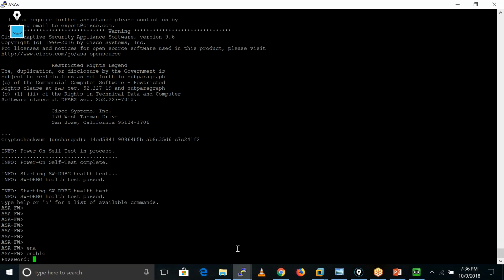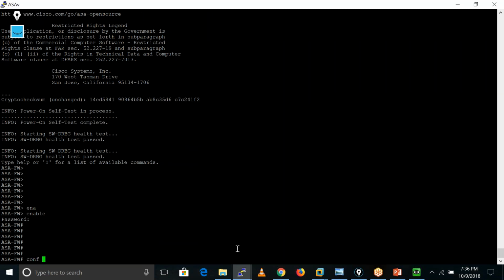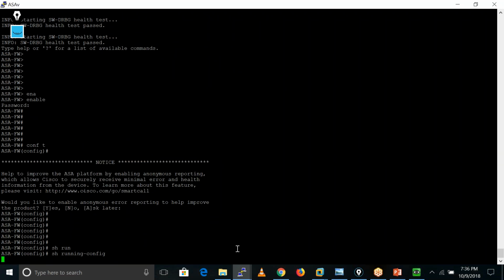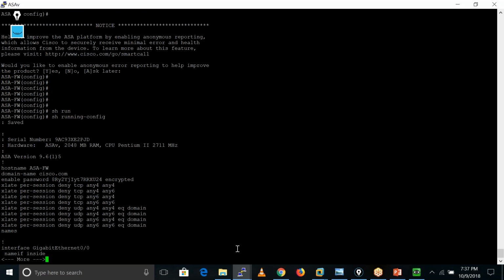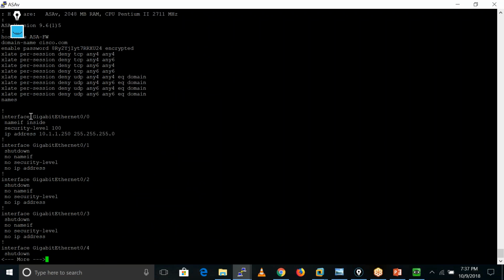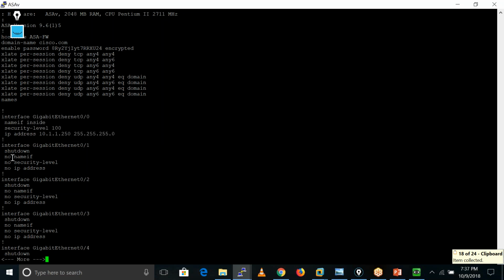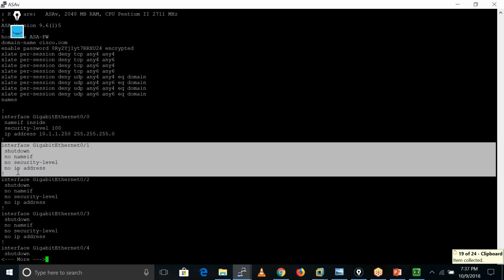Okay, so now let me go into my configuration mode. If I check the running config now, I'm having an IP address only on this interface. I lost the IP address on this interface. So that's why, if we make any changes, we need to save these changes always.